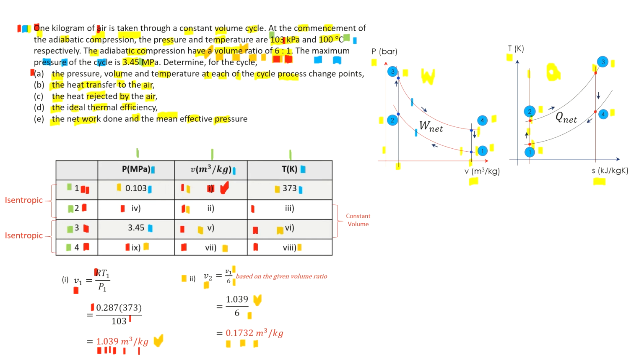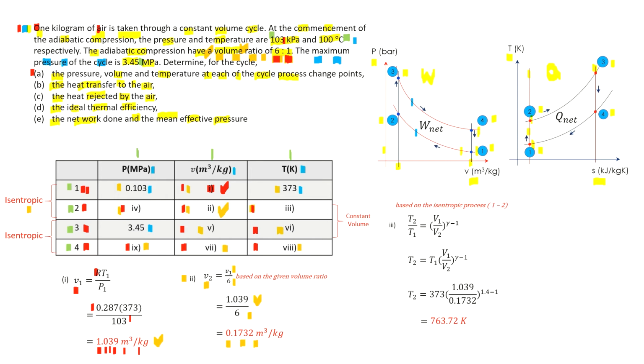Once you have your volume V2 found, then at state point 2 you have one piece of data that you know, that is the volume. So we cannot use the ideal gas law here at state point 2 because there are two unknowns. Only the volume you have known. So what you need to do is, since 1 to 2 is an isentropic process, from the diagram you should know,